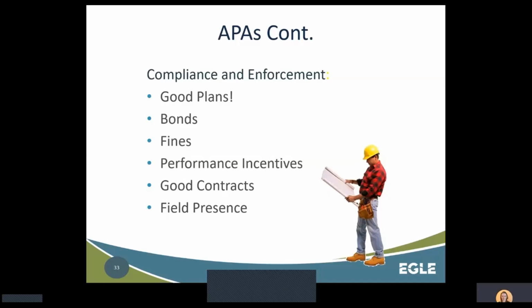APAs are generally good with inspections during the active construction. It's after the earth change and before stabilization when most problems occur due to diminished inspection and field presence. It's important to keep a strong presence on the site until the site reaches final stabilization.